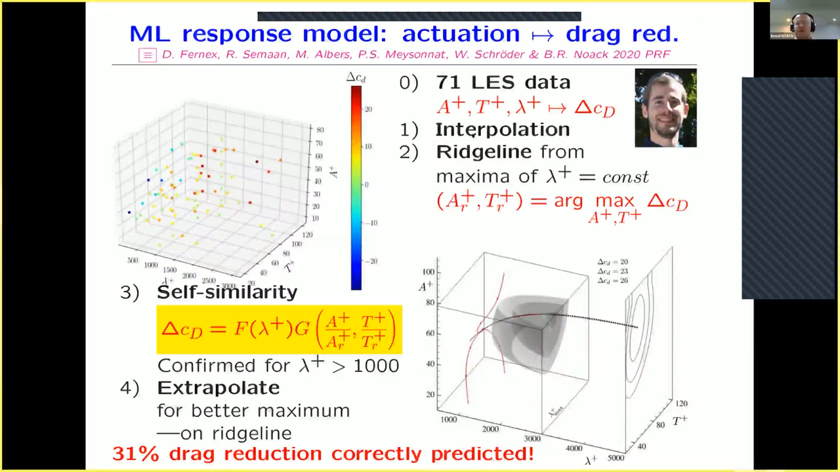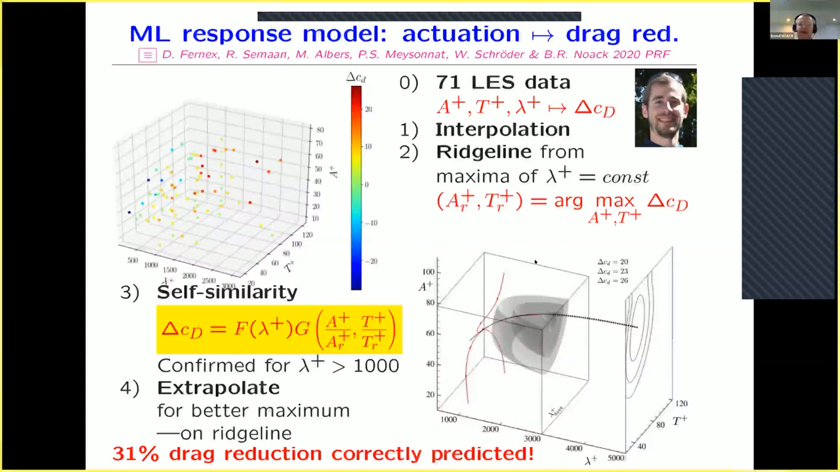And first we do some interpolation. This is harder than it sounds, but we did it with some support vector regression. The next simplification comes from observing that for every spanwise wave number, there's one amplitude and one period where we achieve maximum drag reduction. These maxima are a function of this wavelength, and they define a ridge line. So here you see the ridge line, amplitude, wave number, period. So along this line here, the drag is